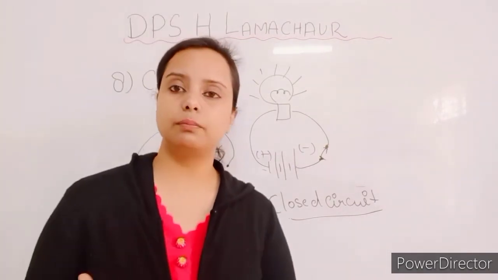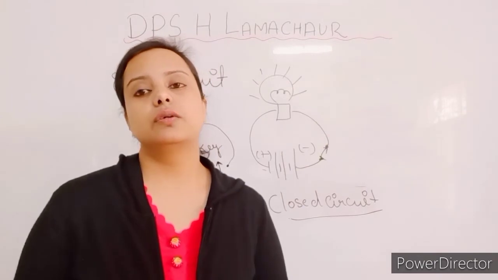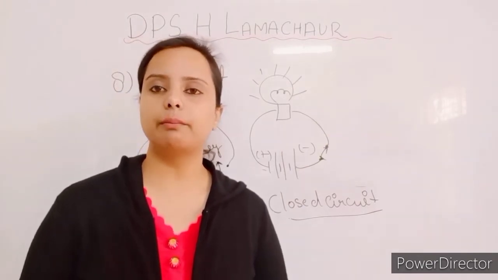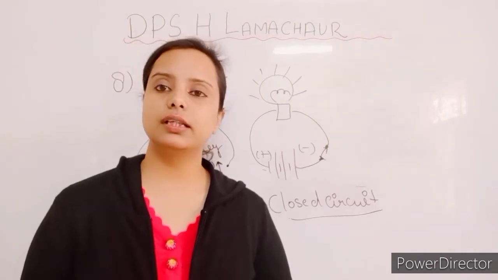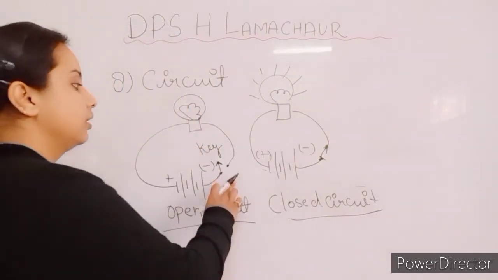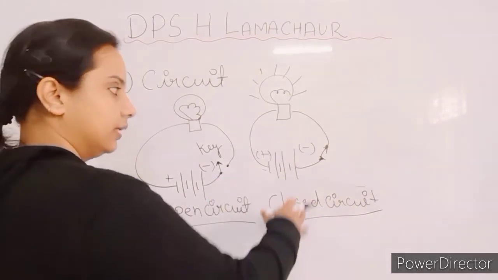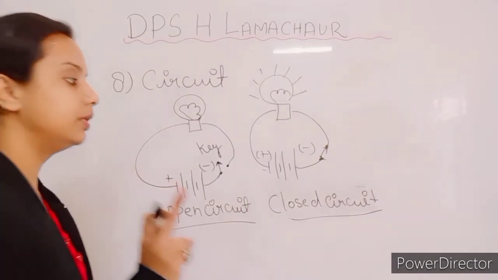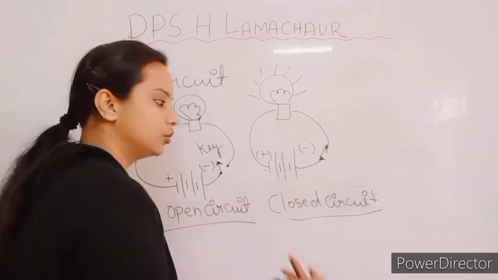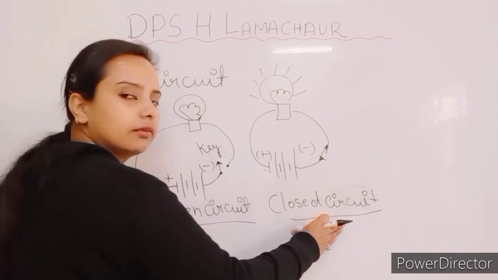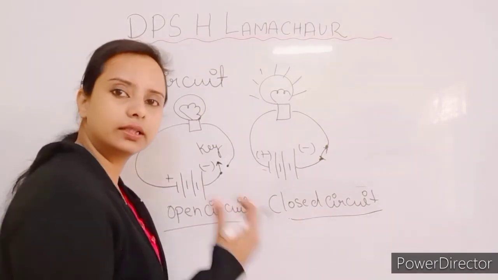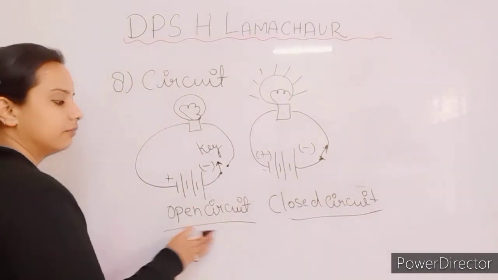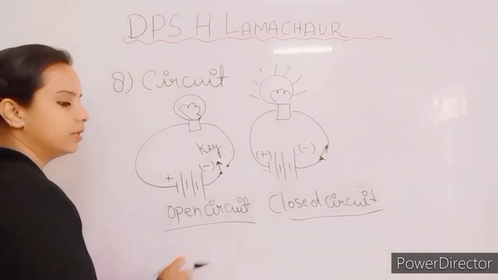when we switch on the plug, or when we switch off any electric equipment like fan, the bulb. Okay, जब हम स्विच ऑफ करते हैं तब क्या होता है, कैसे हो जाता है हमारा सर्किट, और जब हम स्विच ऑन करते हैं तब हमारा सर्किट कैसे हो जाता है. Okay, one thing please don't get confused, when we switch on then the closed circuit will be formed. जब हम स्विच ऑन करते हैं तो क्लोज्ड सर्किट होता है, and when we switch off then the circuit will be open. So this is known as an open circuit.